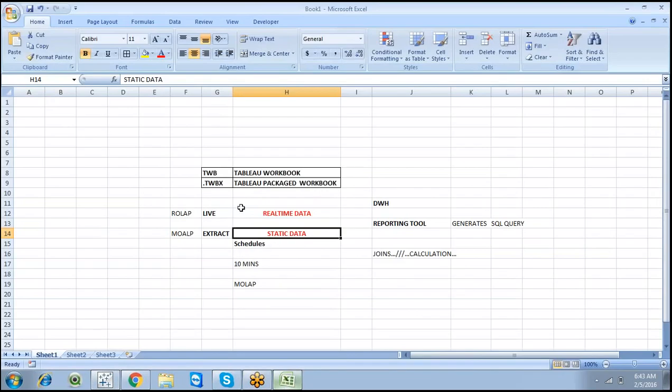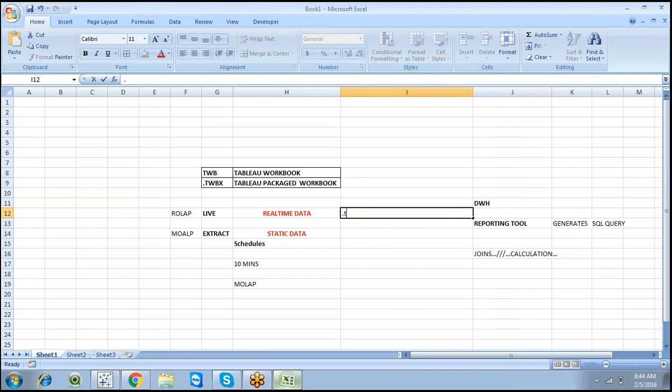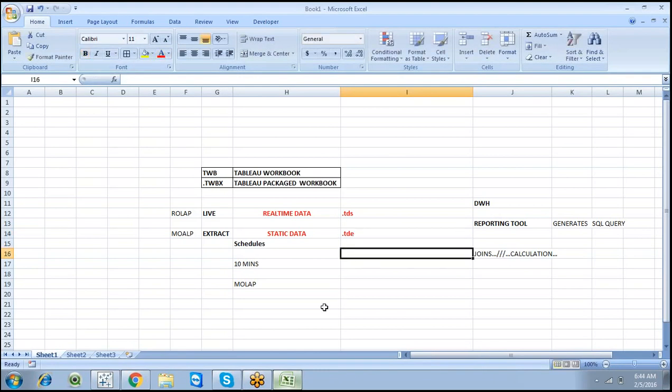For a live connection, Tableau generates a .tds file. But for an extract connection, Tableau generates a .td file. This is important, so I can showcase the differentiation.